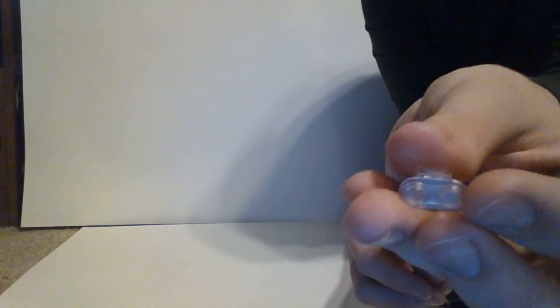Step 3, you're going to need one of these things. I don't really know what this is called, but it's one of these clear back braces that has 2 studs on the back. You can find these in a variety of sets, even though I believe I got mine from